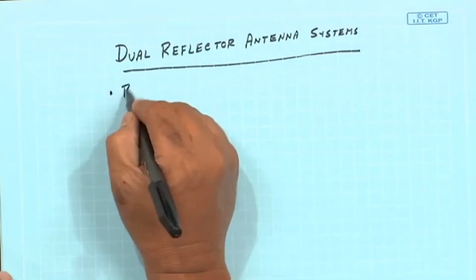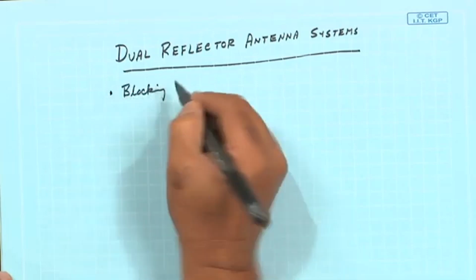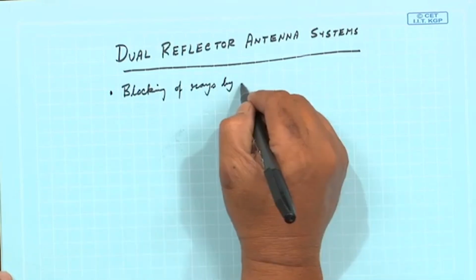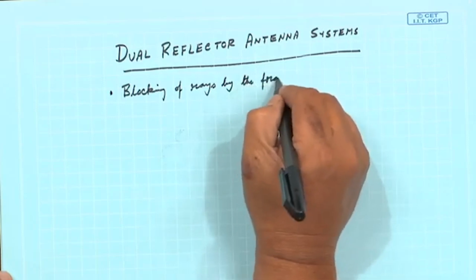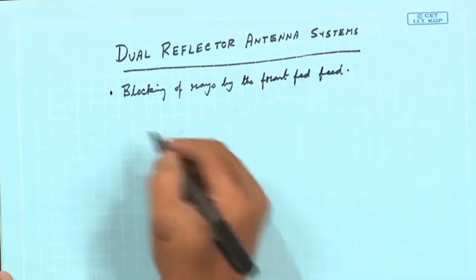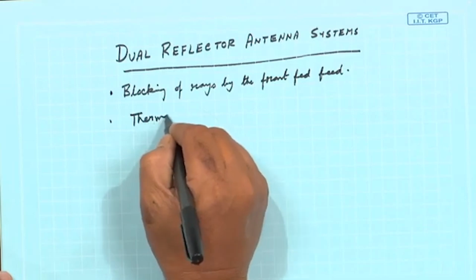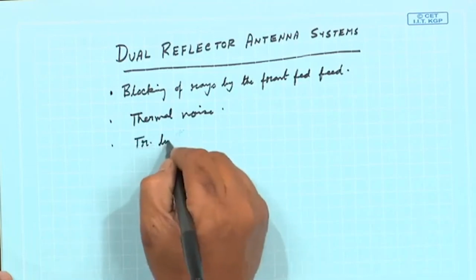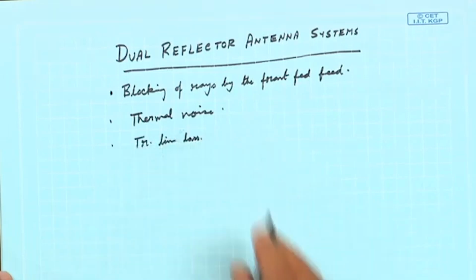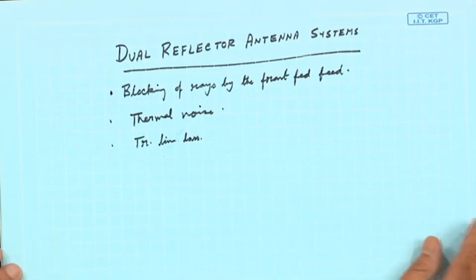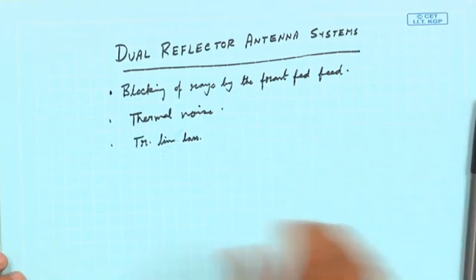So, we have already discussed blocking of rays by the feed, by the front feed or prime feed. Then we have discussed the thermal noise problem. Then we have discussed the transmission line loss. Now, we know from our knowledge of coordinate geometry in intermediate classes that